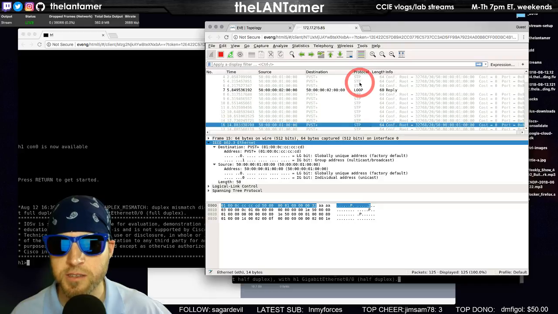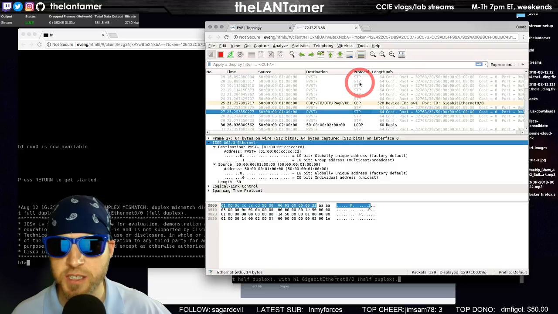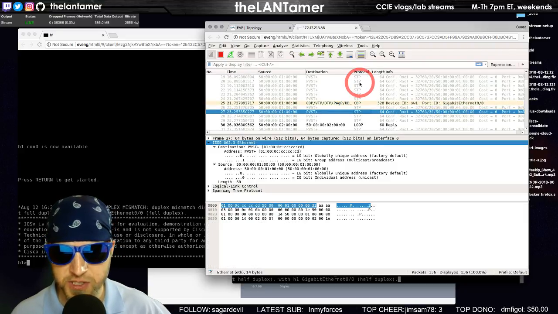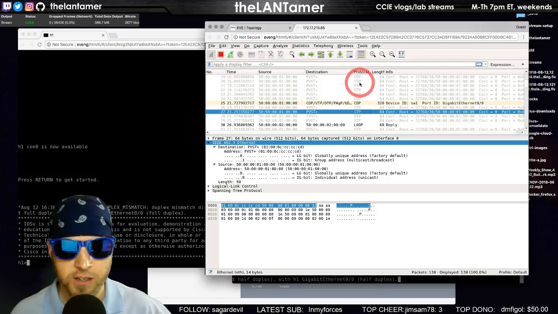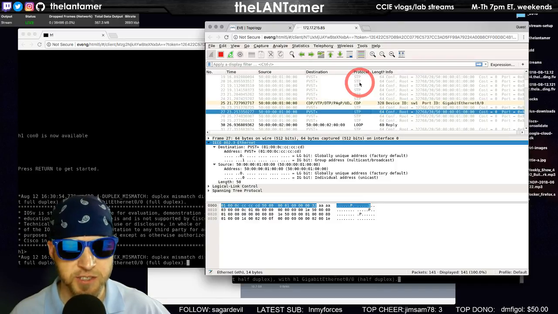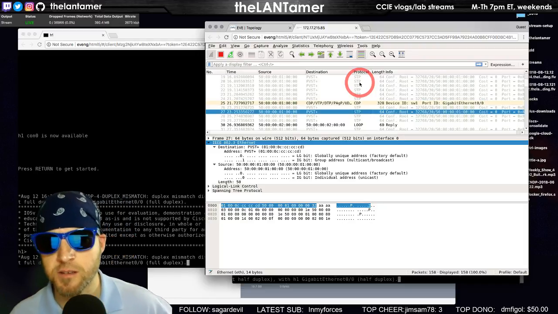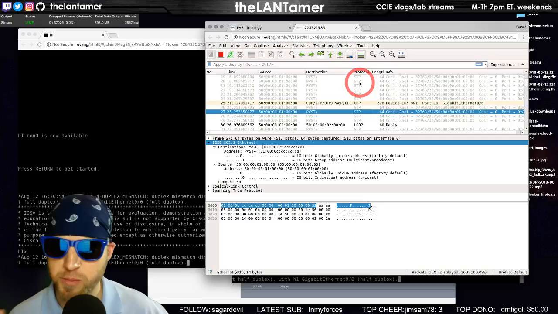I'd like to look into that a little bit and see why, because I know that generally the switch has the intelligence to make a decision, an algorithm: do I use PVST+ or do I use 802.1D? And generally I think it's only done when it receives an 802.1D BPDU. I could be wrong about that.